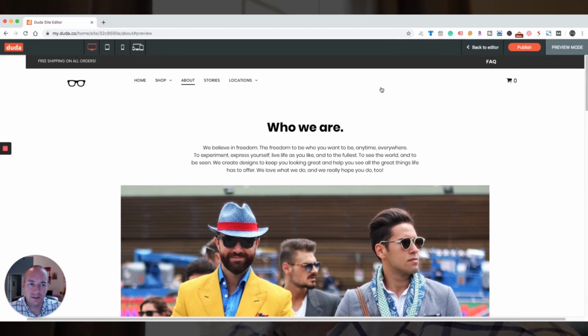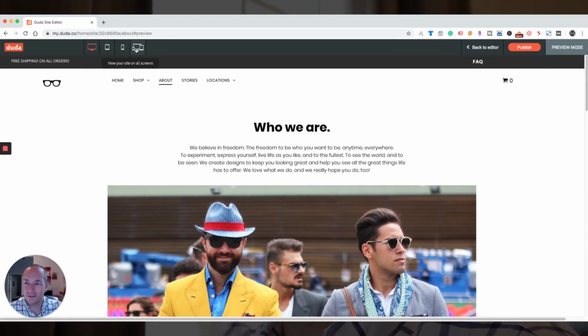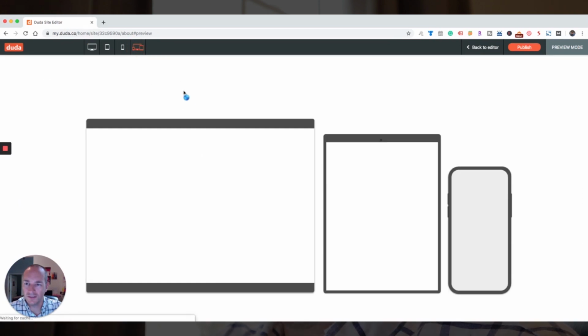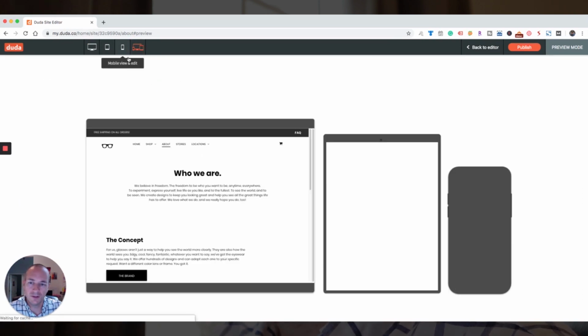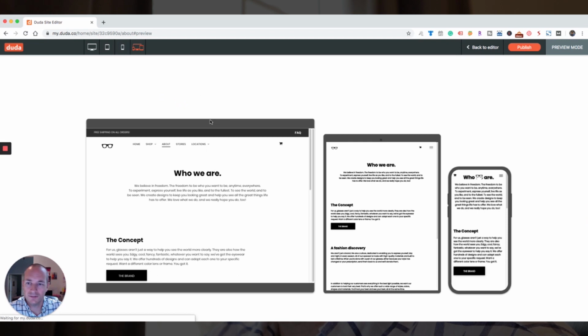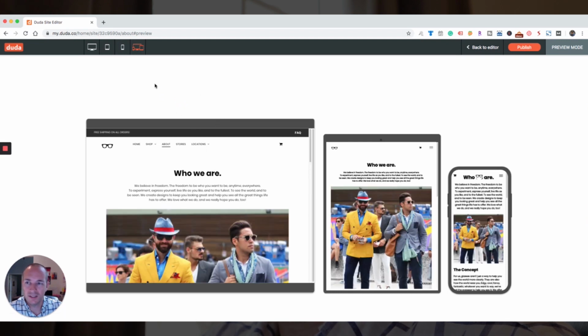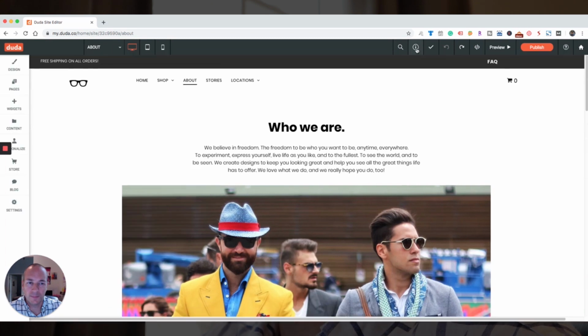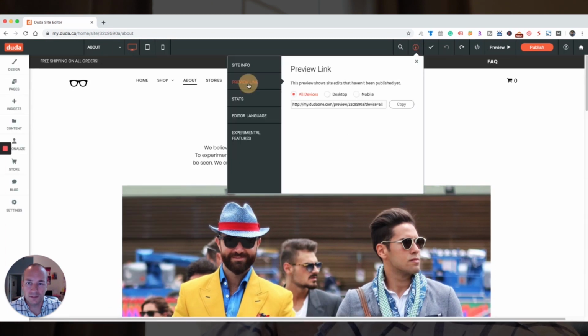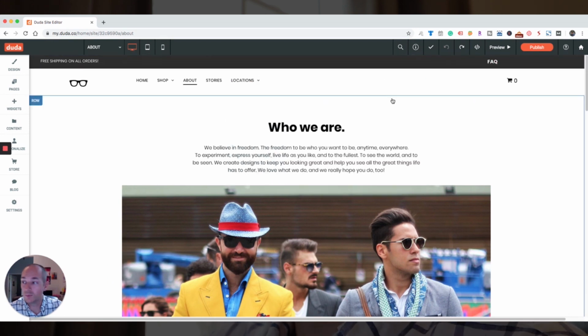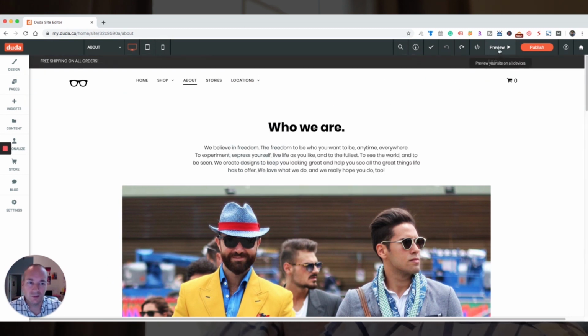The preview link gives you sort of an idea of what the site will look like across different devices. And you can use these icons to shift between each one to see what the experience might look like. I actually think it's better to get the site preview link itself this way, copy and paste this into a different browser or multiple types of browsers if you want to see what the experience is on Firefox, Chrome, Edge, Safari. Here's the publish button when you're ready to pay for the site and publish it.